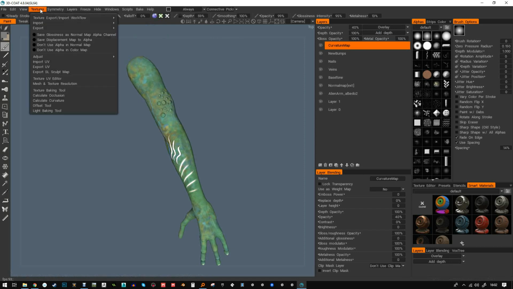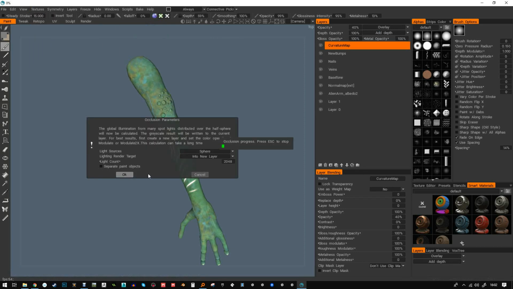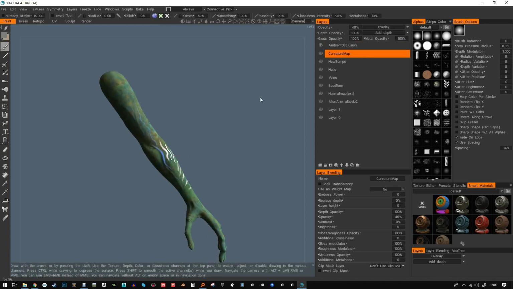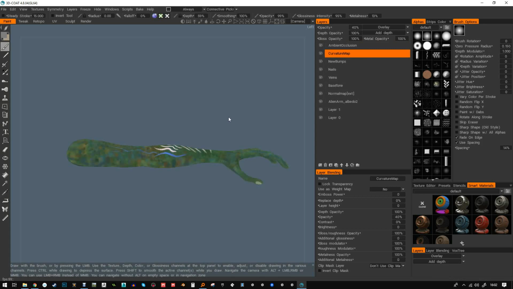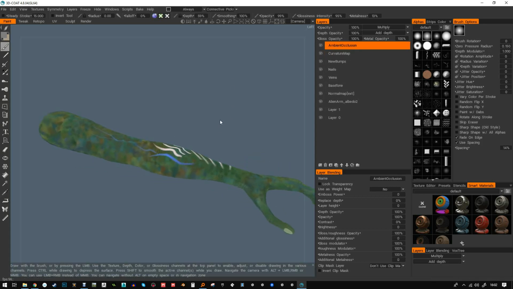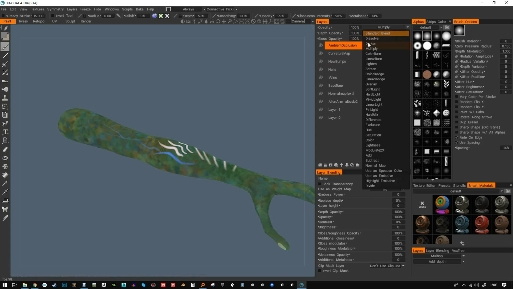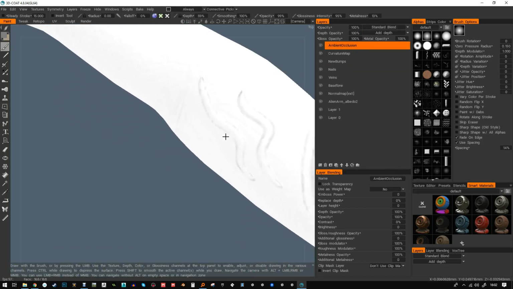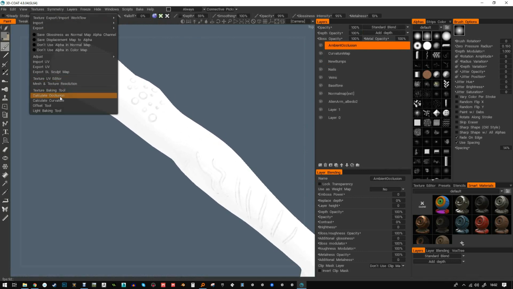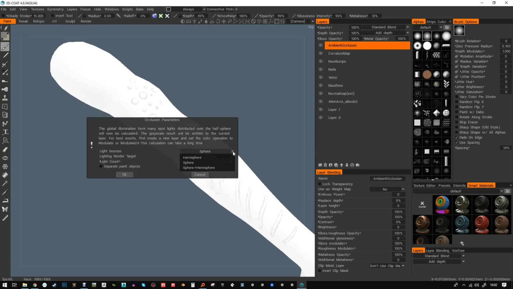Another cool thing is the occlusion, so I can calculate occlusion. Again, that's based on the mesh shape and also where I choose the light to come from. So if I press 2, you can see the ambient occlusion having an effect. If I change this to standard, you can see where it's worked. Now, it's not too strong, but I can calculate the occlusion again. I can change this to sphere and hemisphere, change the number of lights. Let's go for 3000,